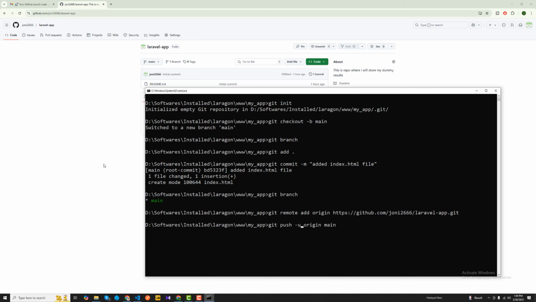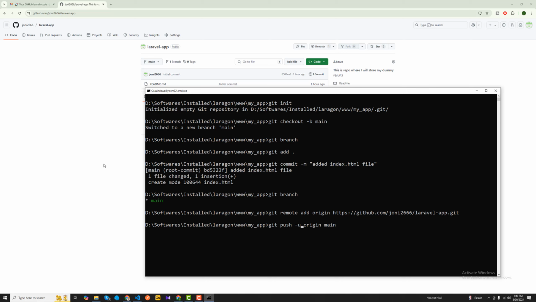So now if I push that command again, it will ask me to log in. Hit enter, and it will ask you to log in, and yes, you can see this GitHub pop-up has appeared. You can click on this sign in with the web browser, or you can also do this using a token. Sign in is very simple, just click on this sign in, so it will open your authorization section